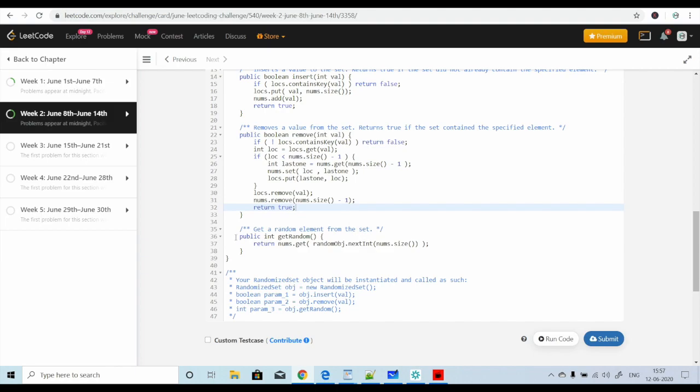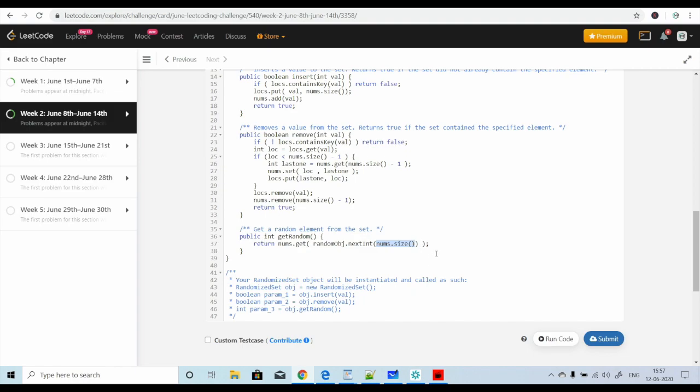For getRandom, we would like to generate a random index so that we return the number from our array list. To generate a random index, we can use Random from java.util and call nextInt, and we can give a range from 0 to the size of the list. So whatever index it generates will be in that range, let's say from 0 to 3, so it is going to generate all the indexes in between that range only. That way we return a random number from the list.